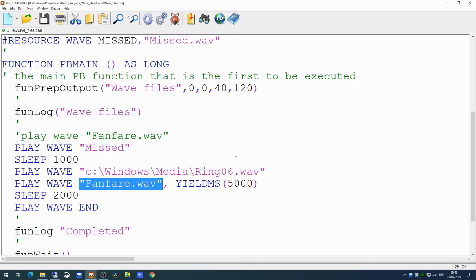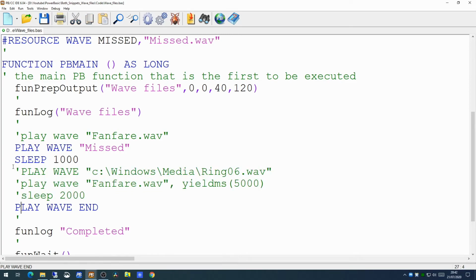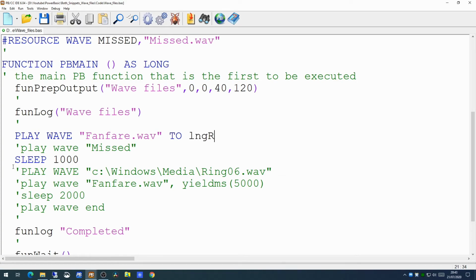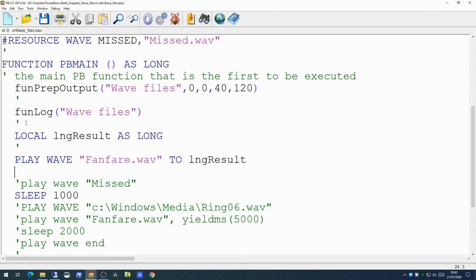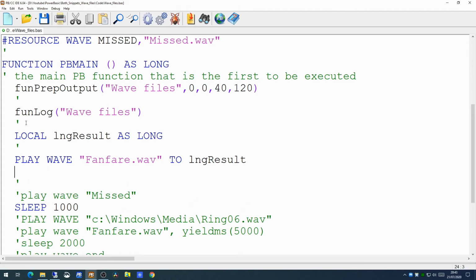The other option you can have is there is a to parameter which you can actually test. So let's comment these ones out for the moment. And we will put our fanfare one back in again. And we will put the to command in. And we'll send it to a new variable called long result. Now you can actually test the value of long result, which will tell you whether it actually managed to play this sound or not. So if we did this and look for a file that we know does not exist,